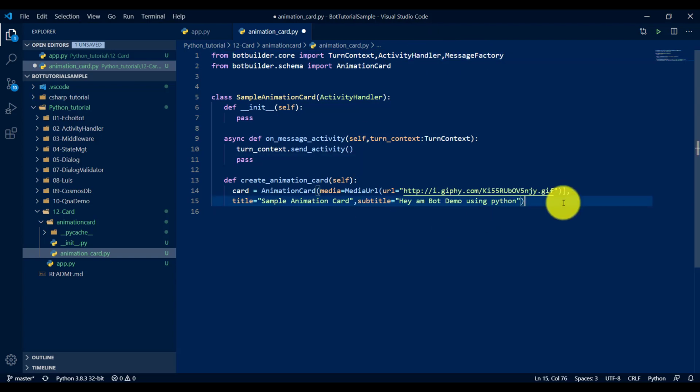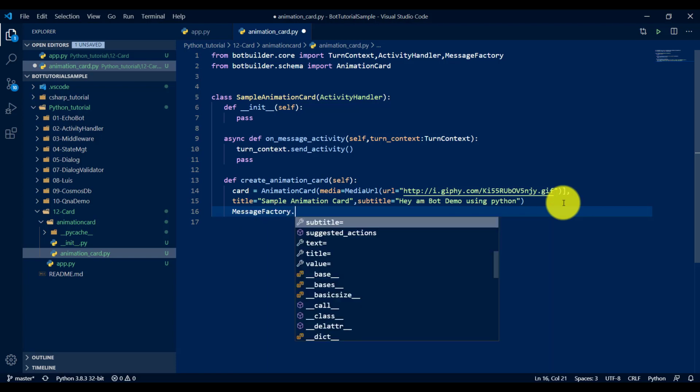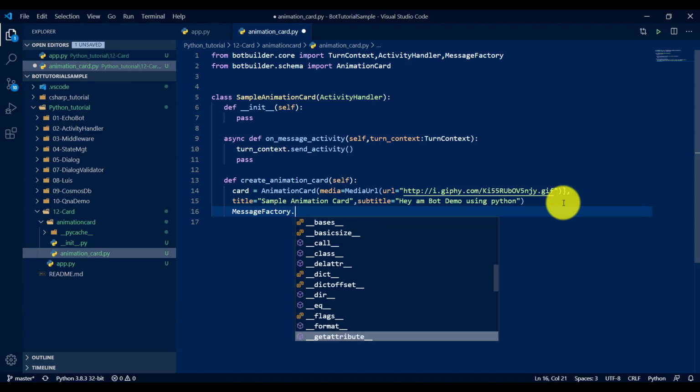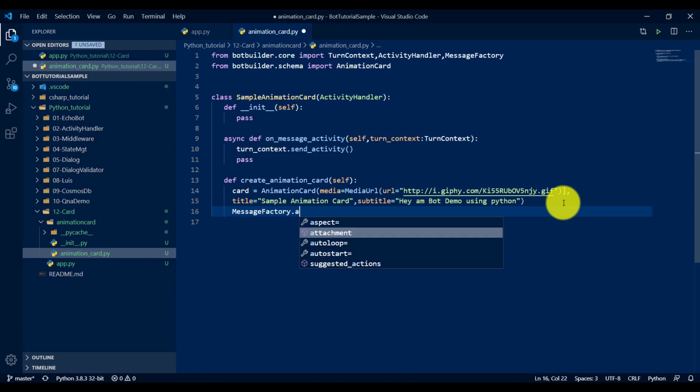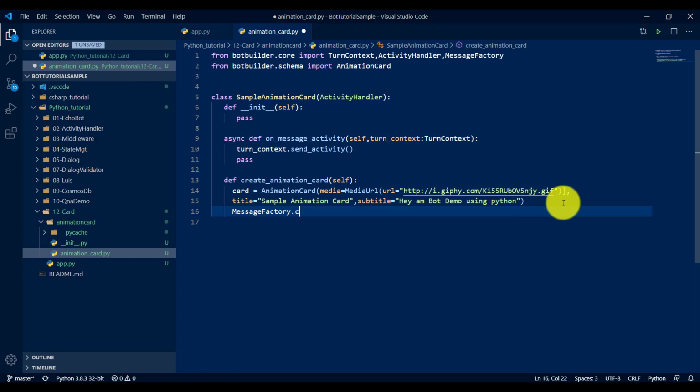For the conversion, I have to add one more import from the core, called MessageFactory. Here you can see it contains subtitle, text, value, and another one called attachments. Attachment is there, but again there is no card type.